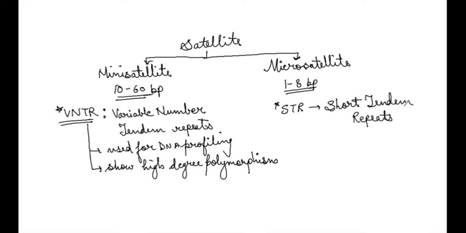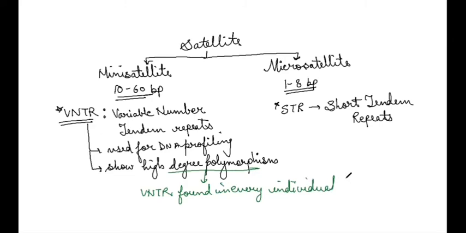Clear? Now every individual has VNTR, but the length and the copy number are different. This is what we call high degree polymorphism. So let me write the basis on which DNA profiling or molecular profiling is done. High degree polymorphism means VNTRs are found in every individual,